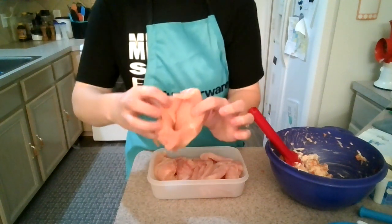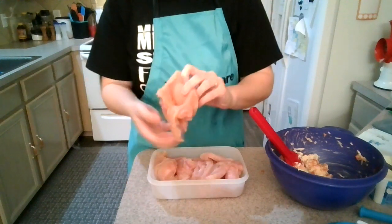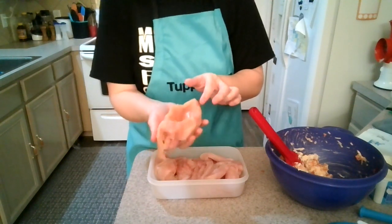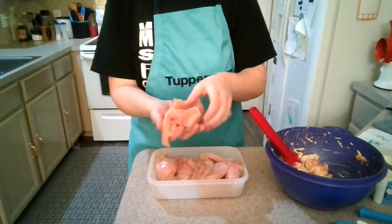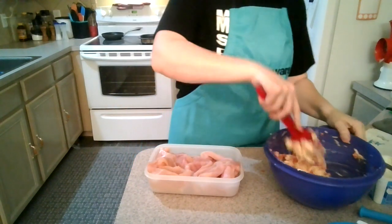And then I just made a pocket in the middle. So you can see it doesn't go all the way through. It just kind of is a hole, so a cavity right there. That's where I'm going to put the bell pepper stuffing. So I'm just going to take my bell pepper mix